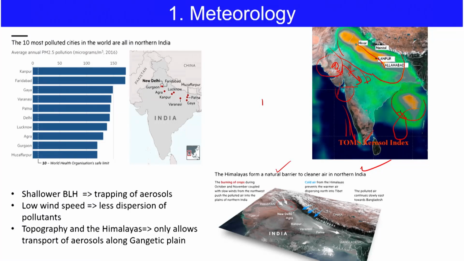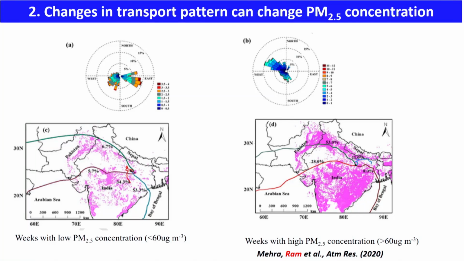So, I said that it is not only the emissions present in the Gangetic plain; the sources here are actually getting a top-up, as natural as well as anthropogenic aerosols are transported, and they are giving huge air pollution in the Gangetic plain. Okay. I give a very clear example here.